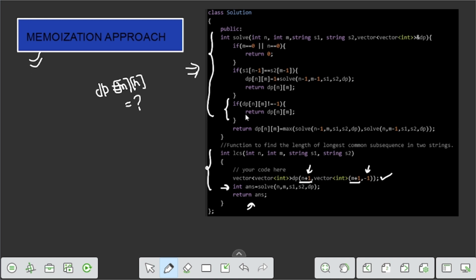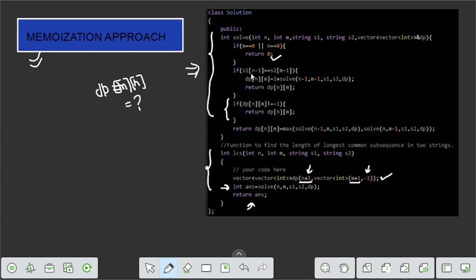In the memoization approach, we do not call the function for the same string again and again. So here we add memoization. We check if m is equal to 0 or n is equal to 0, then we simply return 0.